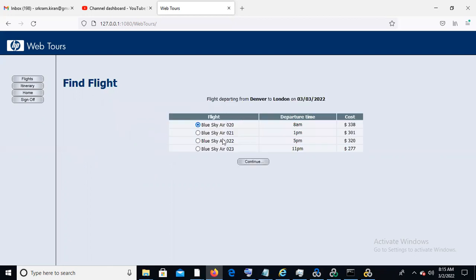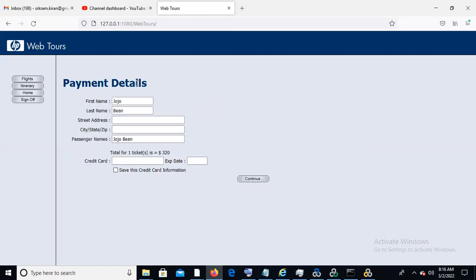This is for the flights. So these are the available flights for London, Denver to London. Depending on the time and the cost, we'll select our flight. From my point of view, this flight is fine for me, and click on continue. And here it is asking for the payment details. So you need to give the payment details. I'm giving some details,